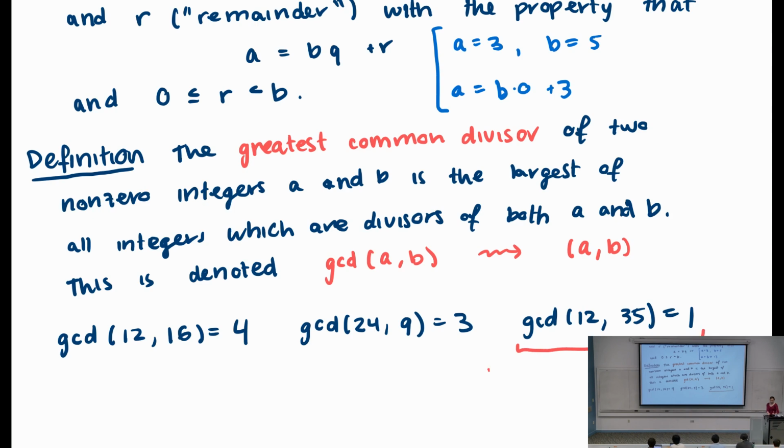So whenever the GCD of two numbers, A and B, is equal to 1, you say that A and B are relatively prime. Okay, good. So let's state the theorem